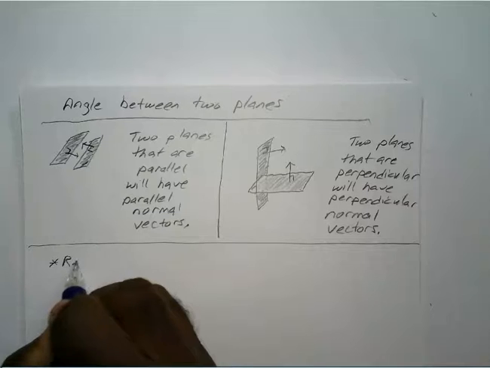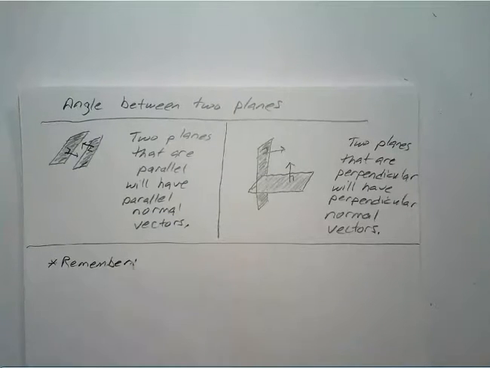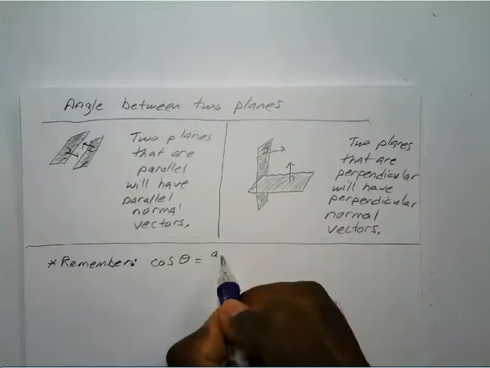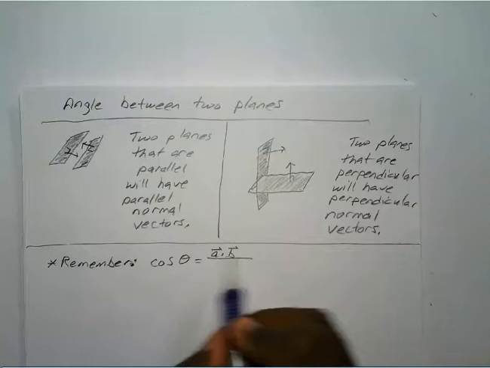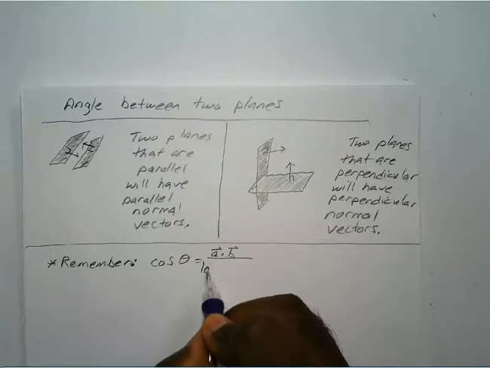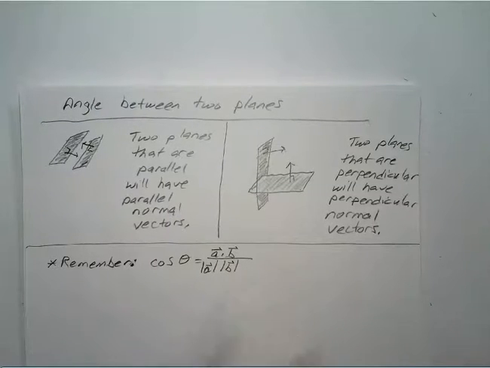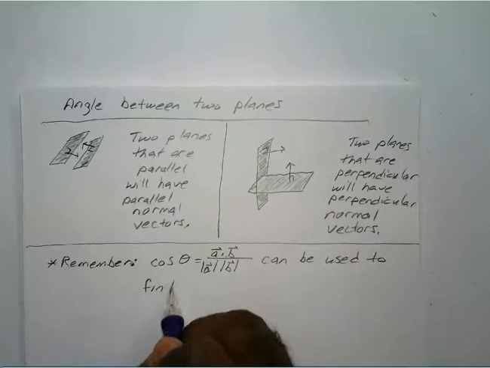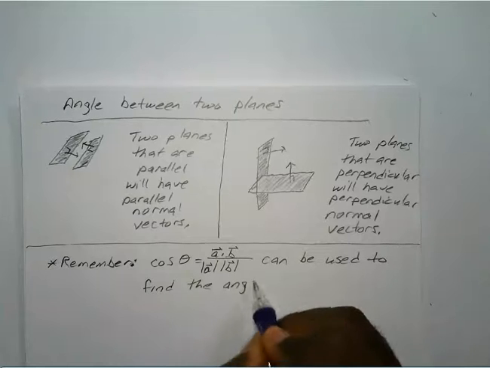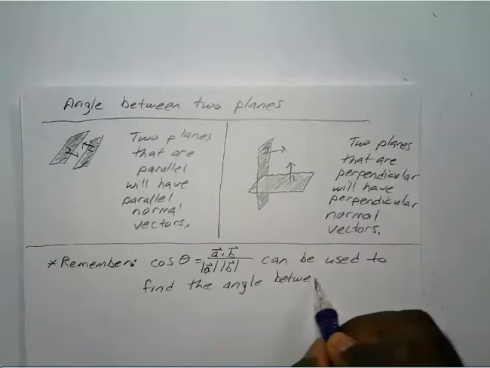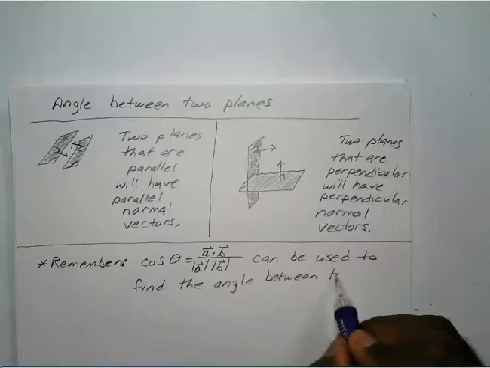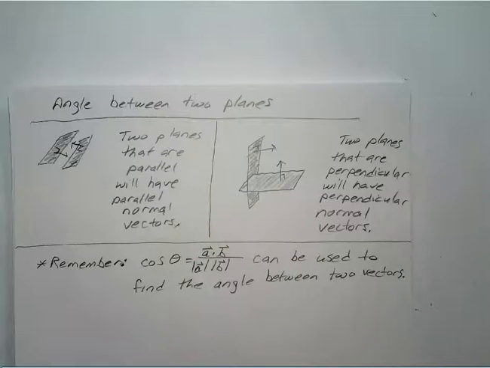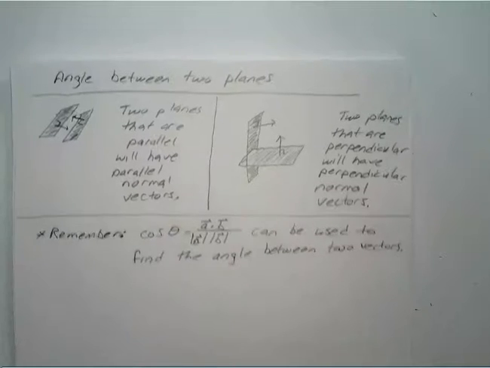Okay, so if you remember a few videos back, there you go. Cosine of theta, which is equal to the dot product of A and B divided by the magnitude of vectors A and B, can be used to find the angle between two vectors. Okay. Now, using that little reminder,